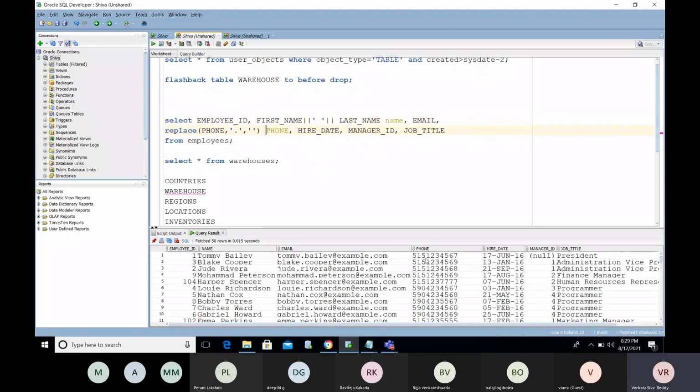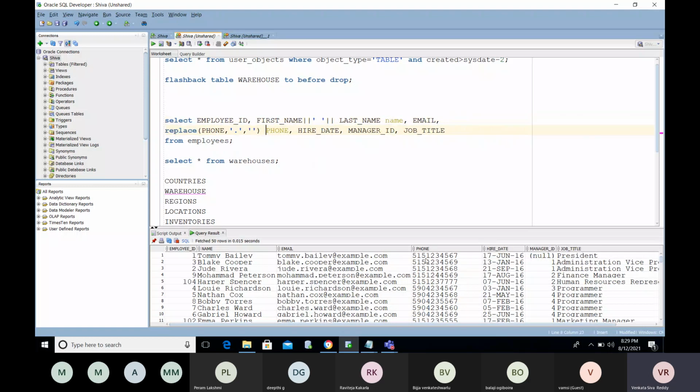Now this looks like a number. If you create the table for this, you will know the data type of this column. So I created the table now. See what data type is created for the phone number. For phone number, it is created as varchar2. It is showing as a number, right?